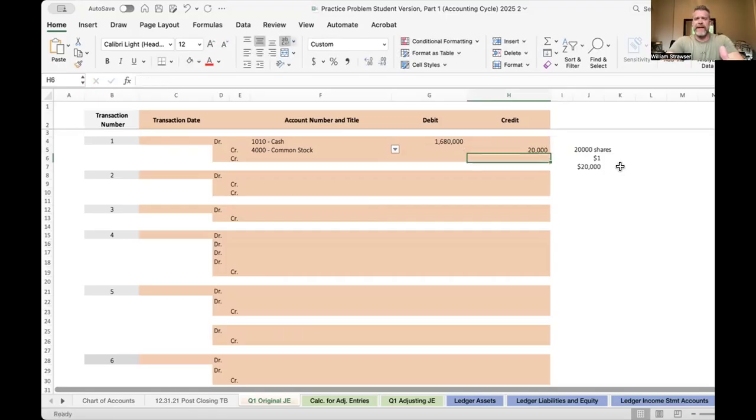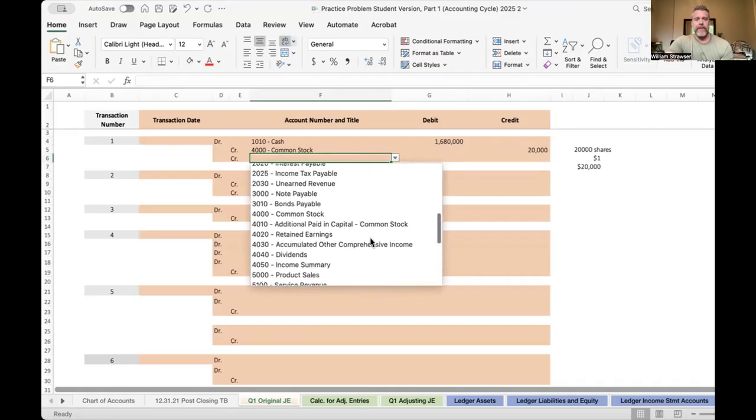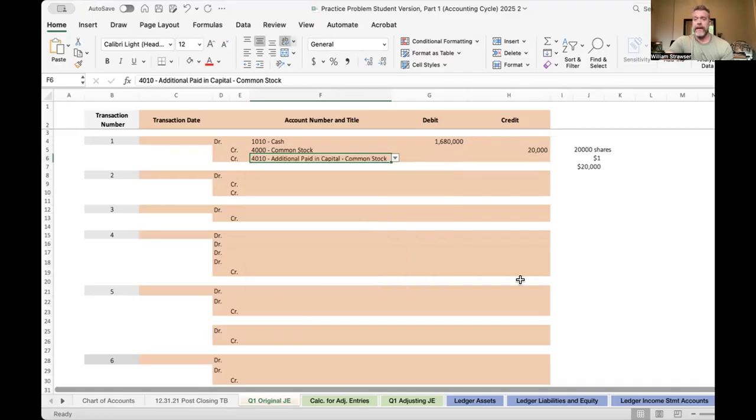Now, where does the excess go? Because obviously we can't have an unbalanced journal entry. When you're in an accounting context, any entry where debits don't equal credits should cause you a little bit of panic. The additional amount over 20,000 goes into additional paid-in capital for common stock. And this is just a bookkeeping convention, because it arises from the fact that we limit the amount of the credit we can make to common stock to the par value of the shares. So the excess,